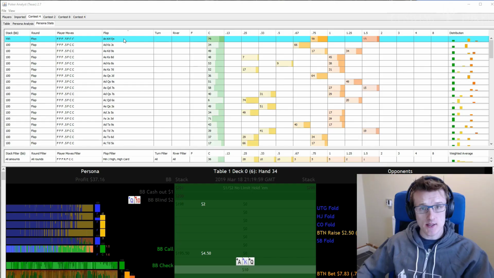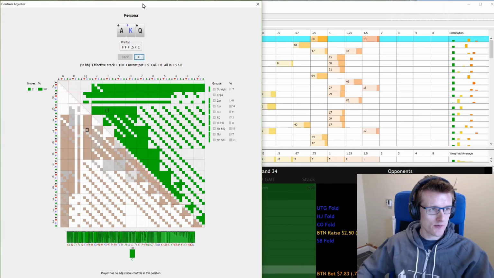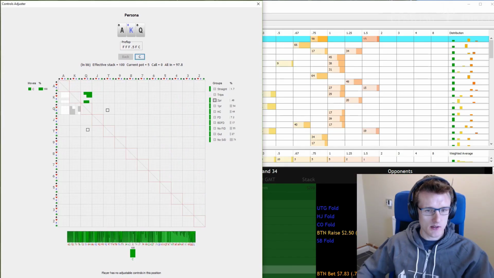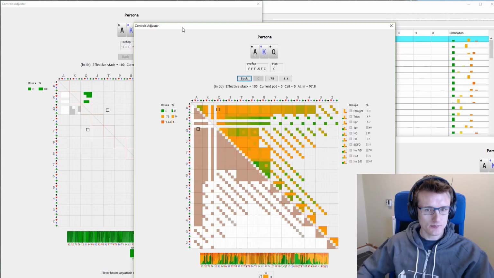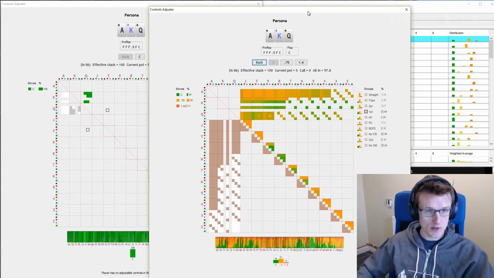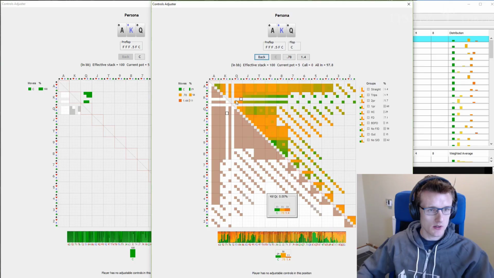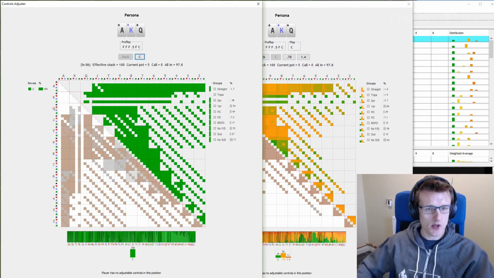So let's start with ace, king, queen suited. Two cards of a suit, and let's open up the big blind range and the button range. Only once is necessary, so let's get these on the screen so you guys can see them, and let's do that. Okay, so the first thing to note